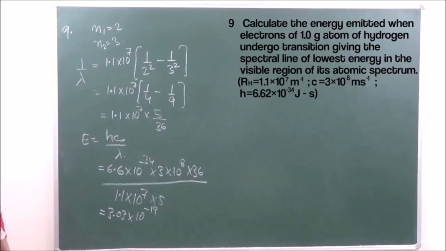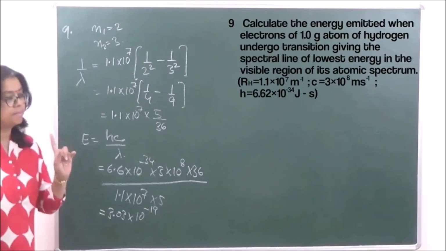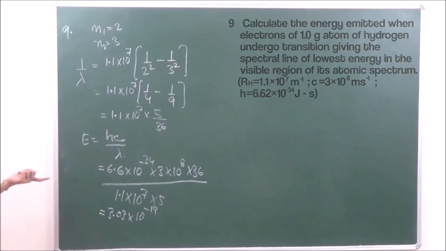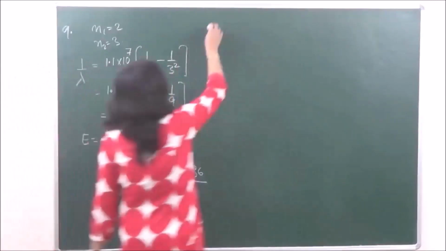Now over here we have to calculate the energy with respect to 1 gram of atom. That is what is asked to you in the question now. Calculate the energy emitted by the electrons of 1 gram of an atom. So let's calculate the energy for 1 gram of an atom. That will be equal to what? This into Avogadro's number. Because the atomic number of hydrogen is 1. Okay? So number of atoms in 1 gram of hydrogen will be Avogadro's number of atoms. Okay? So for 1 gram,